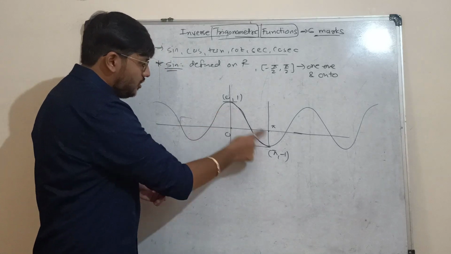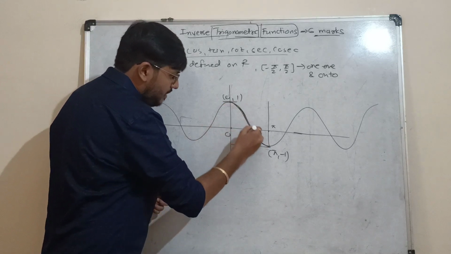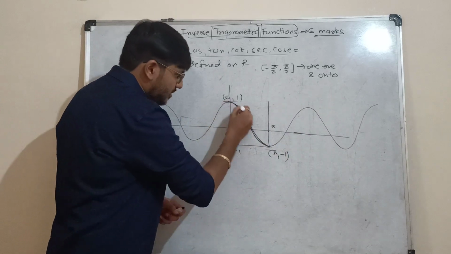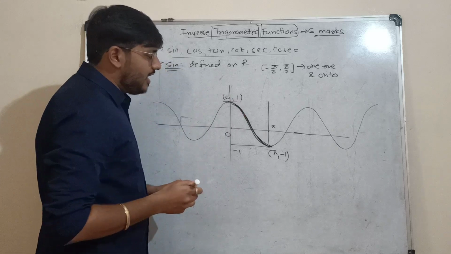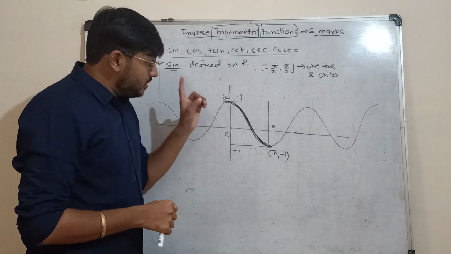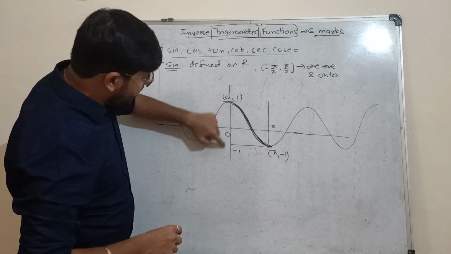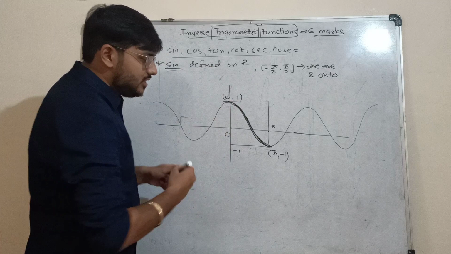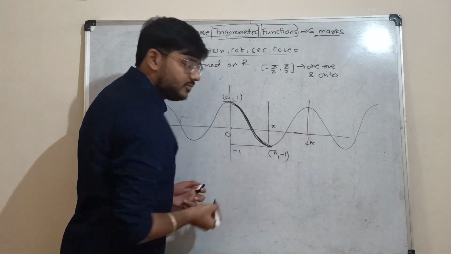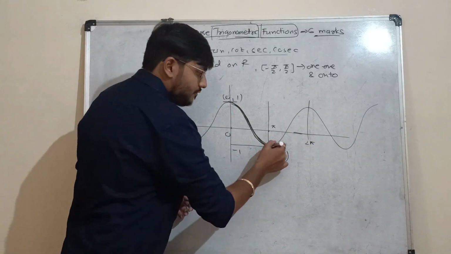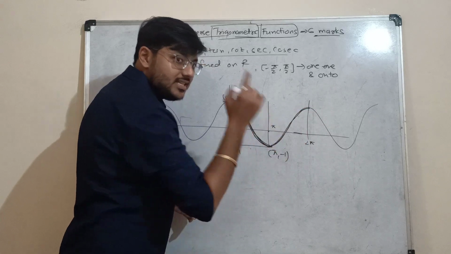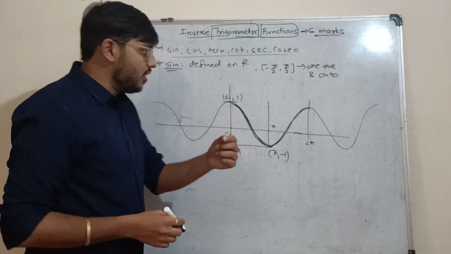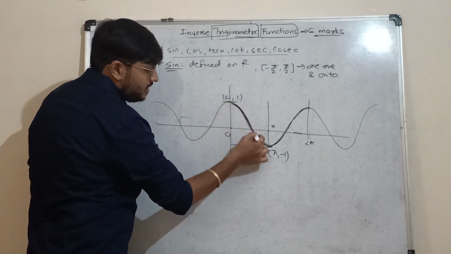Now in this 0 to pi interval you find that the function is 1-1, because any parallel line will intersect the graph in this interval at a single point, and from the range, all the answers from minus 1 to 1 we get in this interval, 0 to pi. Similarly, someone may ask what if I talk about pi to 2 pi? I don't have any issue with that. You find an inverse for cos between pi to 2 pi also. But as I told you, there are some idealized, generalized intervals. So according to that, cos has the basic interval 0 to pi.